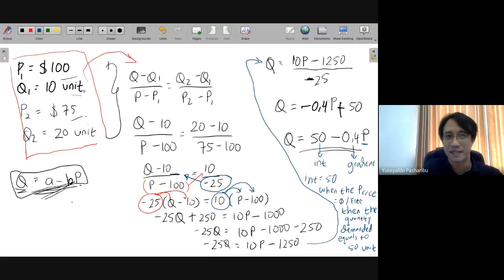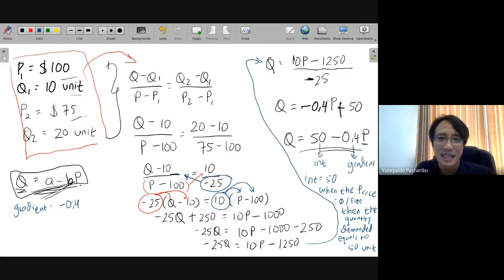This is unit. And the gradient now. The gradient, I write the gradient here. The gradient equals to minus 0.4. What does it mean? It means what happened with this part if the price changes. So the gradient equals to minus